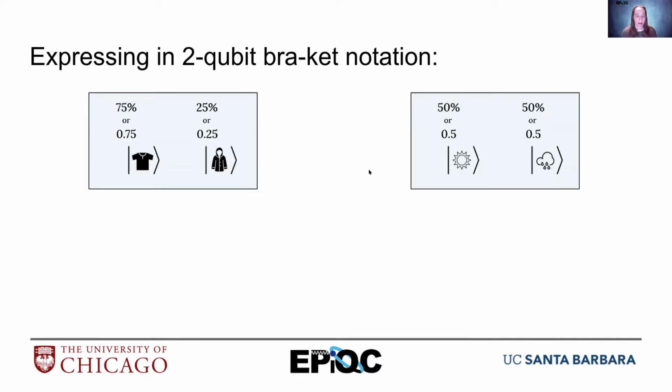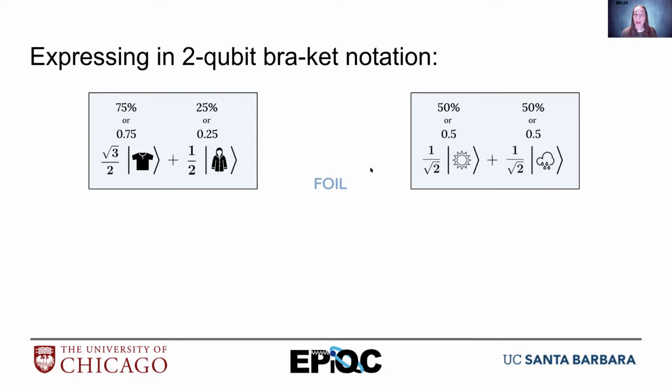So let's look at it for the weather. For quantum, we would express this as not the actual probability, but the square root of the probability. And so we would have root 3 over 2 and 1/2 for the probability amplitude of forgetting or remembering my raincoat. And then I have 1 over square root 2 probability amplitude of sun or rain.